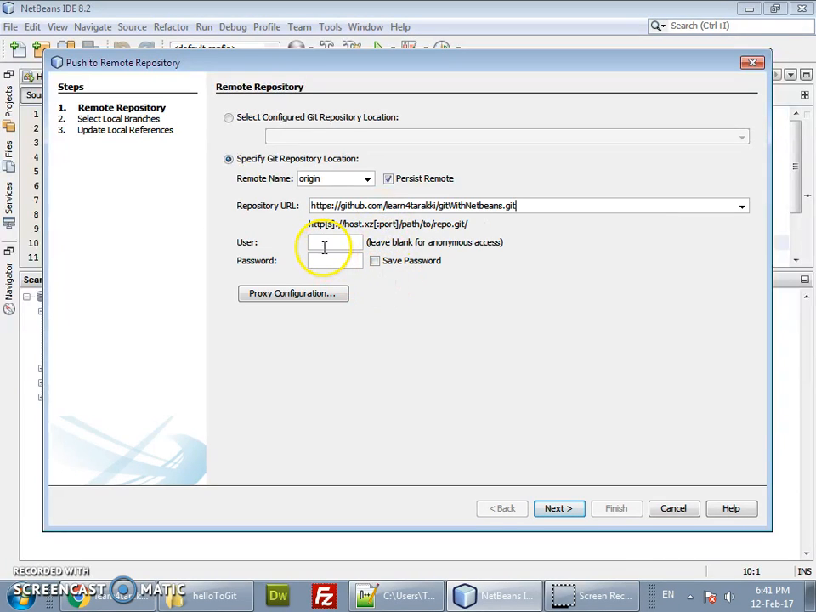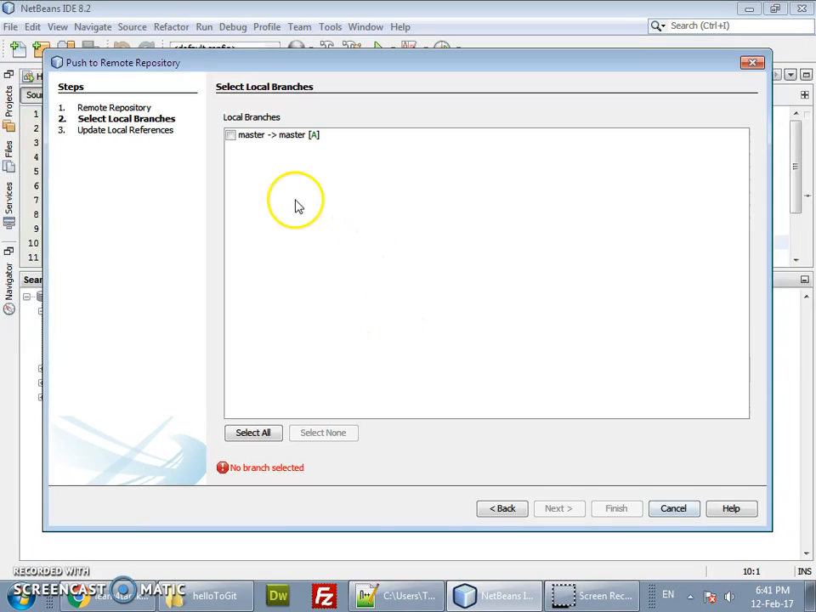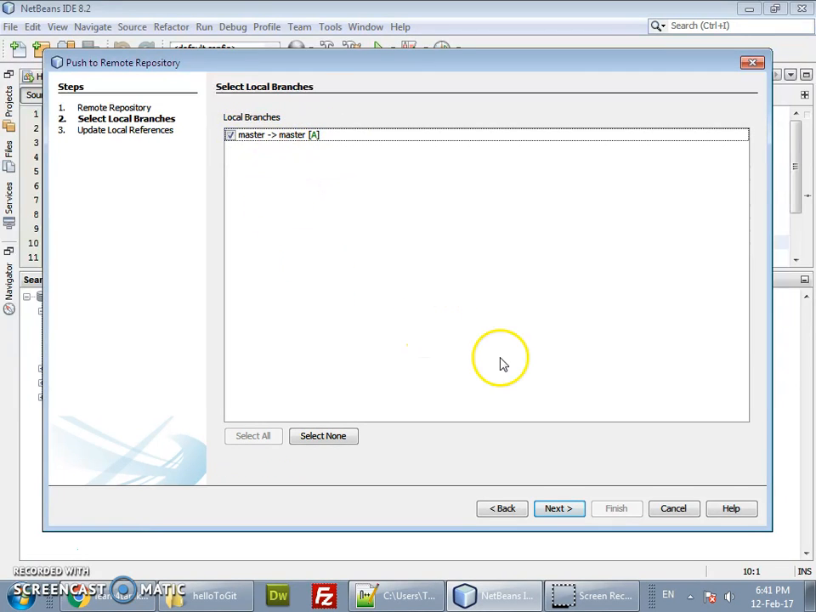So here it will ask for username and password. So let me enter the username and password. Learn for Taraqi is the username, and let me enter the password. So these are the things that we have to enter. Click on Next. So it says this local master branch will get added to the GitHub public repository. So just select this and click on Next